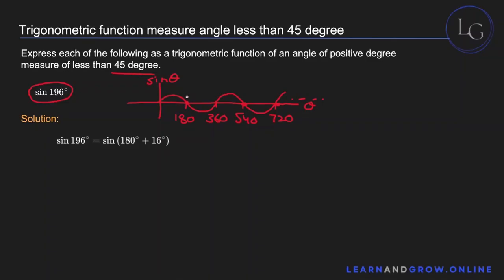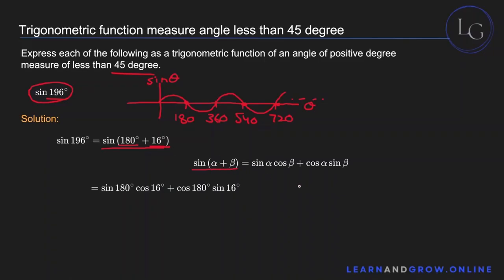So first you need to identify which multiple of 180 is closest to 196, and that's obviously 180, right? So sine of 180 plus what gives you 196? 16. 180 plus 16 gives you 196. Now that you've written it in this form, you can apply the angle addition formula. And the reason we took 180 is because of what follows once you apply the